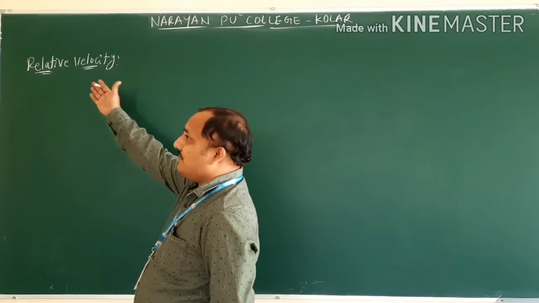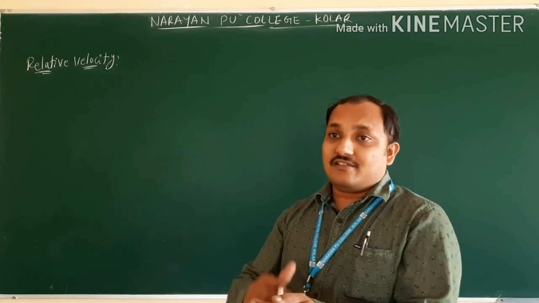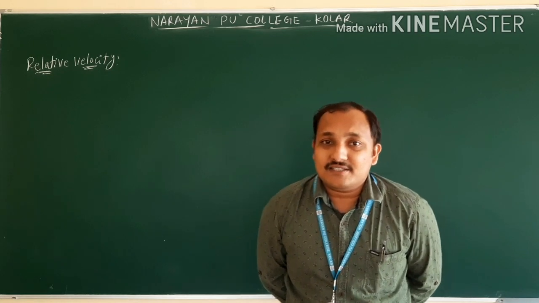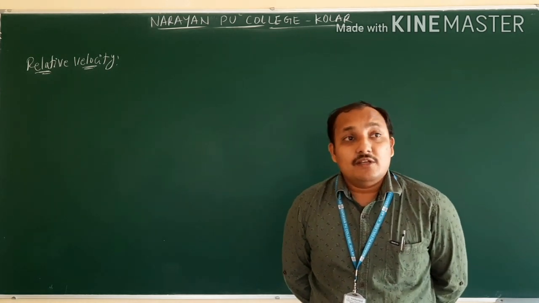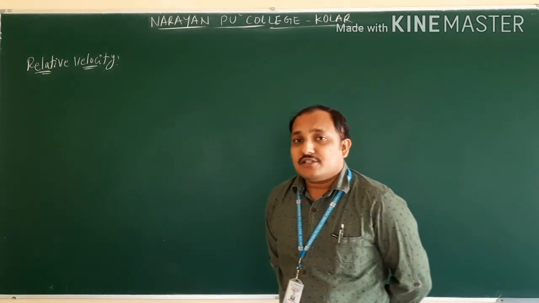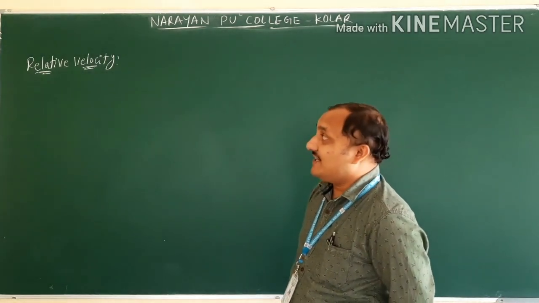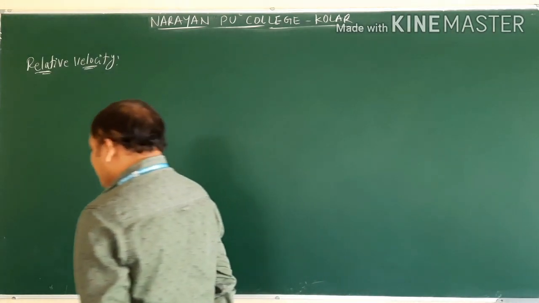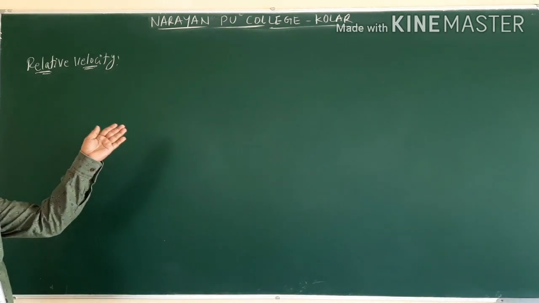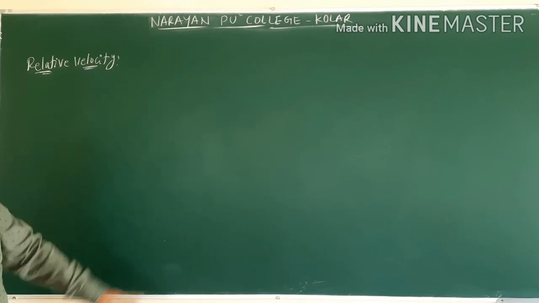This is also same. Relative velocity, you are moving with some amount of velocity. You are moving with more velocity or less velocity. It is depending on other object velocity or other person velocity. Two vehicles are moving, A and B. So A is moving with more or B is moving with more. So we will say by using the concept of relative velocity. It is nothing but comparison. So in the name only it is there, relative. How it is defined means this is just simple equation. So relative velocity of two objects A and B is going to be defined as velocity of A with respect to B or velocity of B with respect to A.